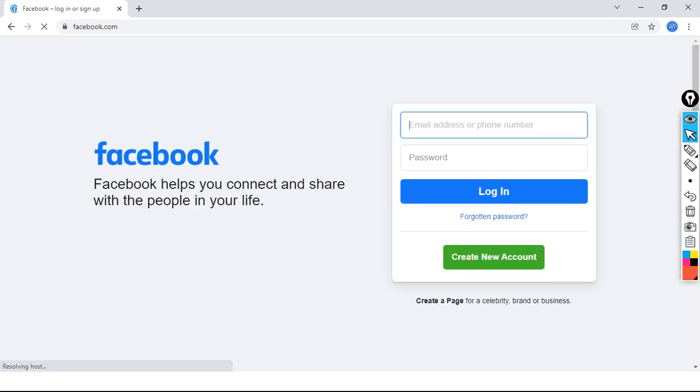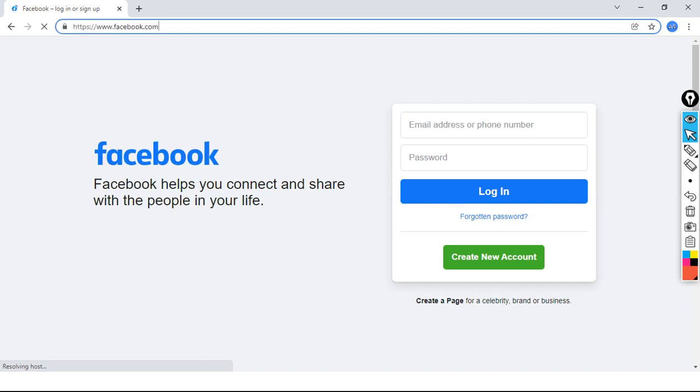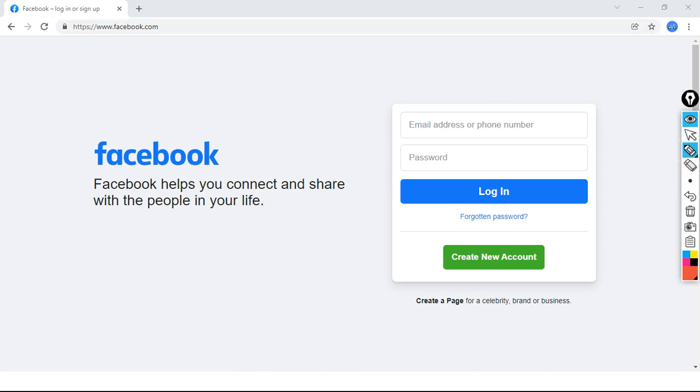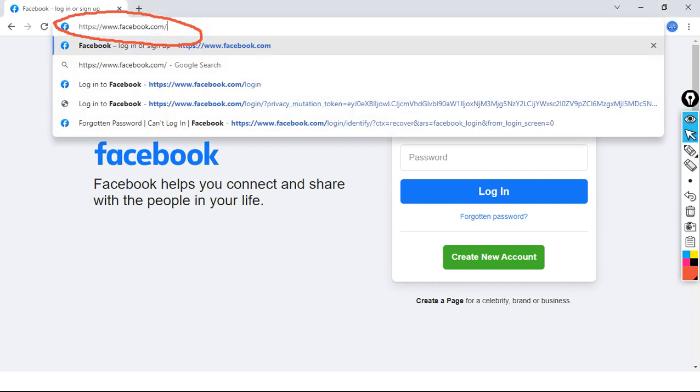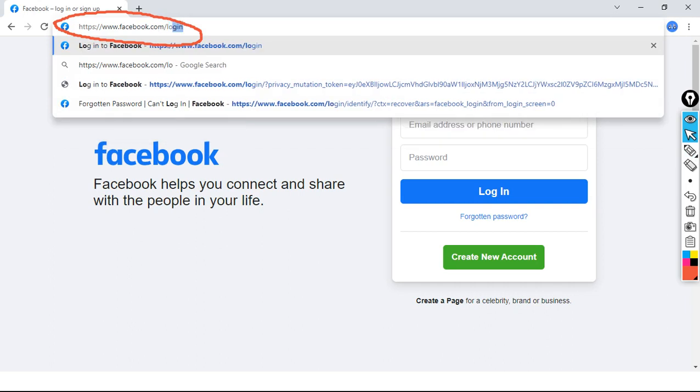Now we are at the actual website of Facebook. Here, observe the URL bar, this is the URL bar. What I am doing here is using /login.